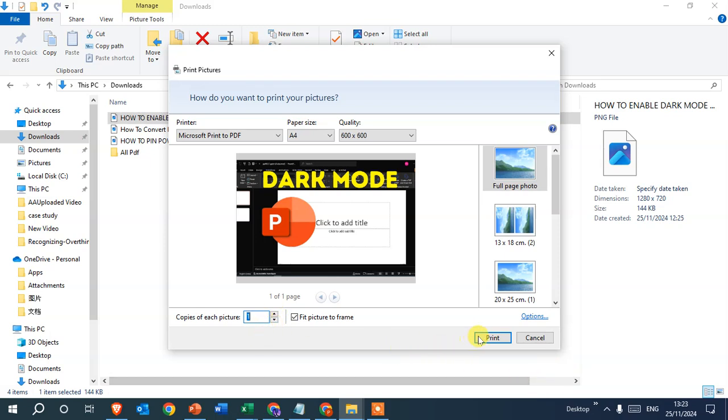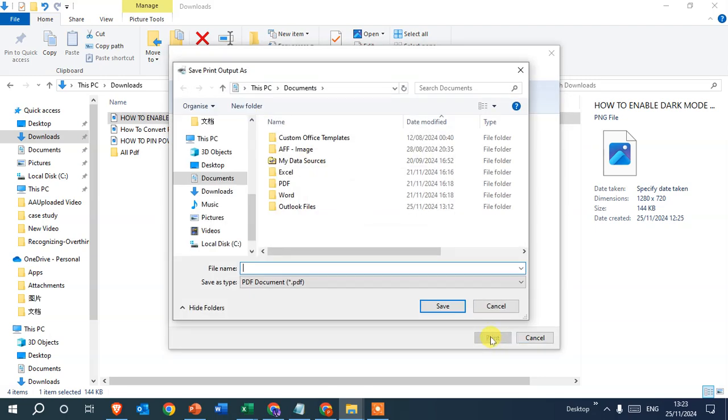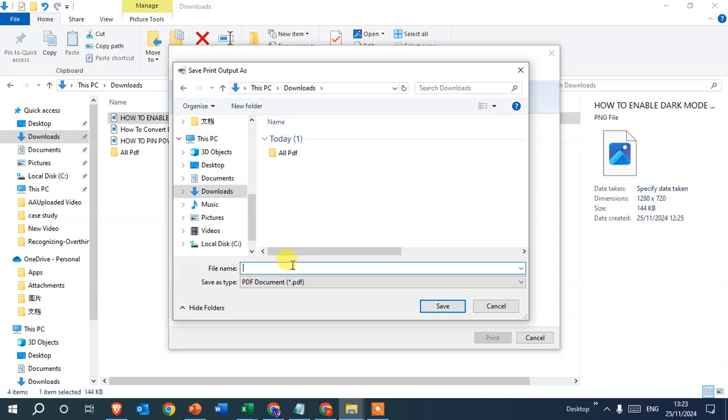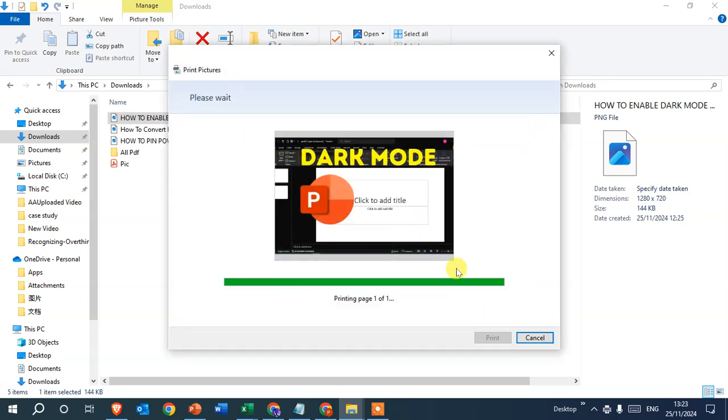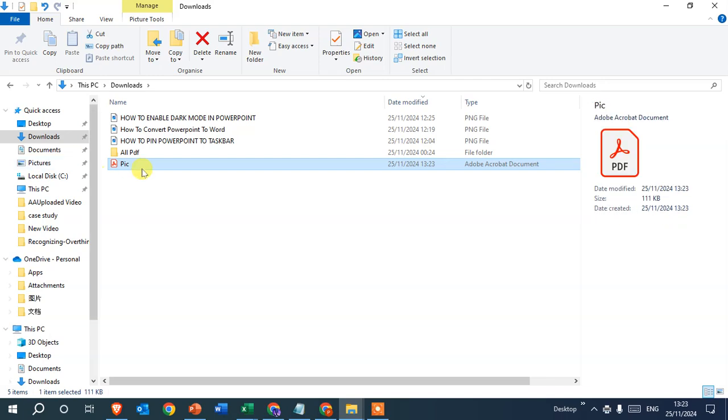And after that just click on the print option, and here you can see the file type is a PDF document showing. I just select the download folder, and here I save my PDF. Okay, so I just enter here the pictures. Just I enter the pic and just click on the save, and here you can see the PDF is